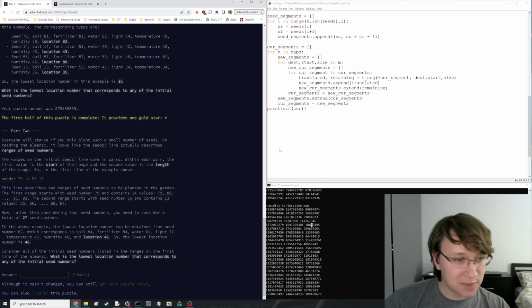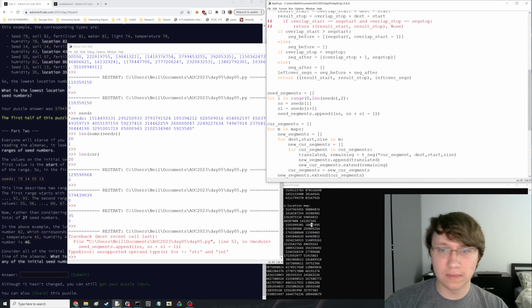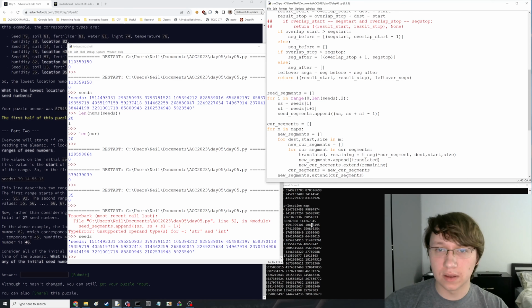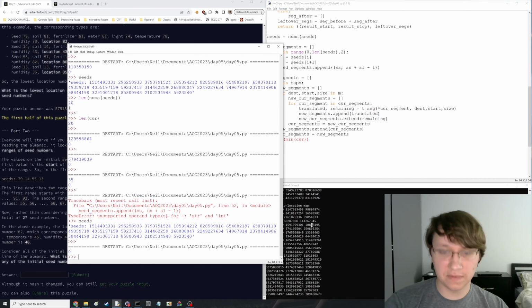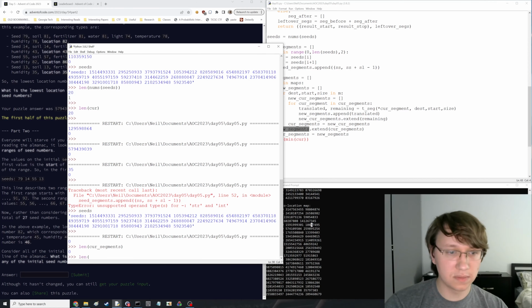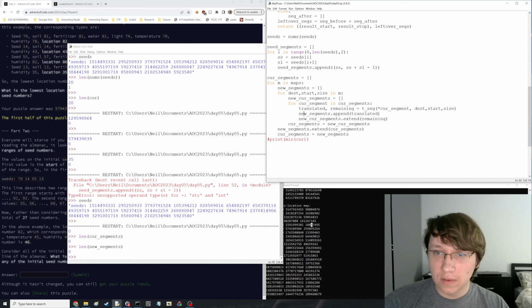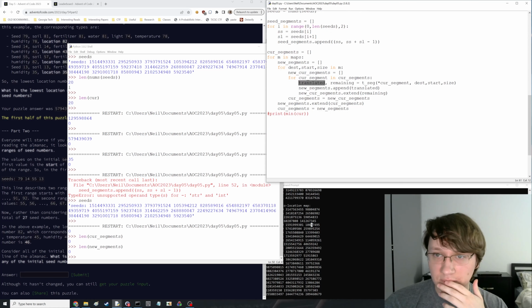Okay, lowest location number that corresponds to any of the initial seed numbers. Yeah, lowest location number. Okay, so I just want the min of the remaining segments now. What do seeds look like? Oh, seeds. Okay, and then how many segments do I have? Oh, that's a problem. I have a problem. If this is none,